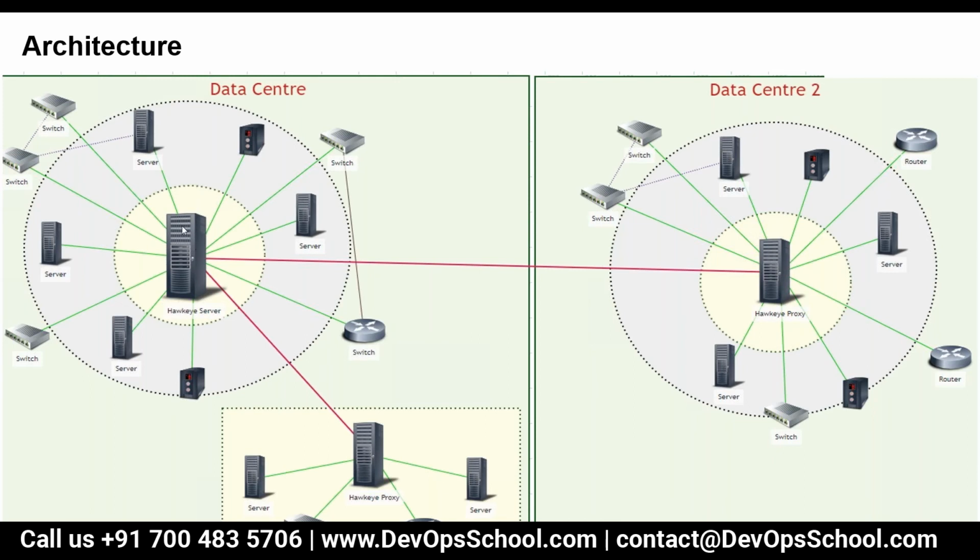We call it a Zabbix server. And at the bottom we have a square box, that is the Zabbix proxy. And on the right hand side we have another Zabbix proxy. So if you see in data center 1, in this particular outer circle we have a number of devices like